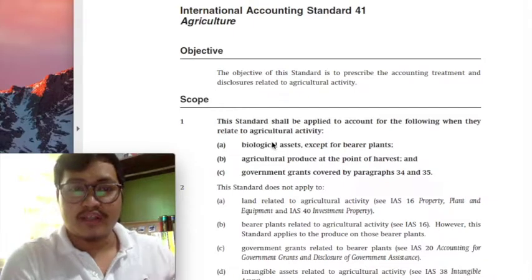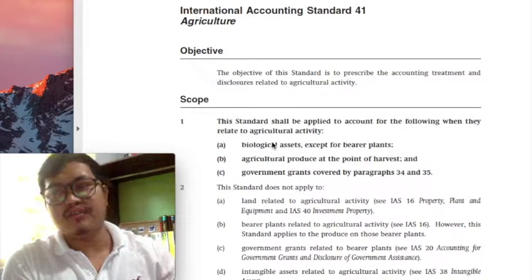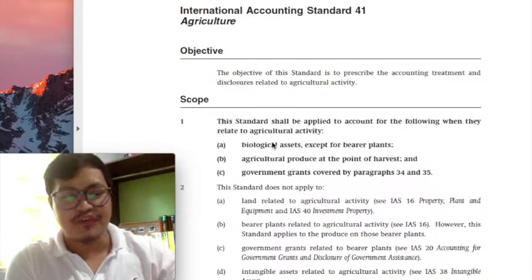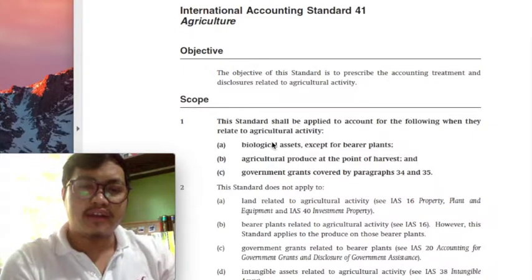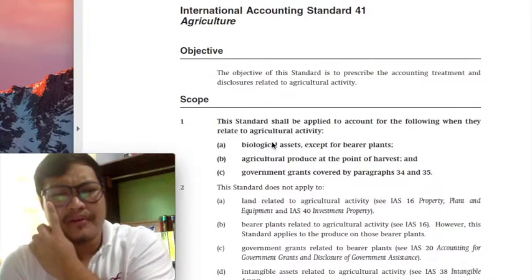Okay, so PAS 41 is about agriculture, class. This is a very short standard. We're given very little provisions to study, class. By the way, I just remembered, it's good if you remember the titles